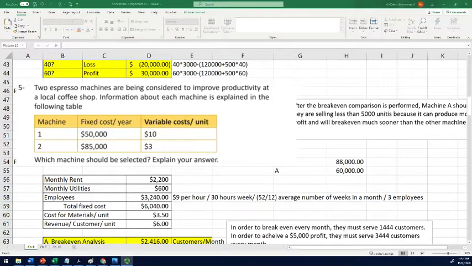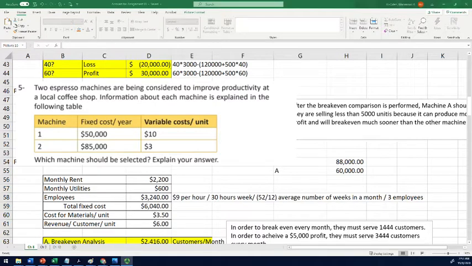Hi everyone. For this video, I would like to explain how to solve a problem related to two machines, and we would like to make a decision on which machine we should select, based on the input that we see. So the question that we have here, question number 5 from the textbook,